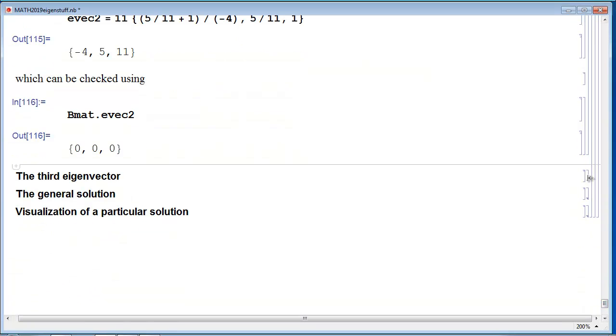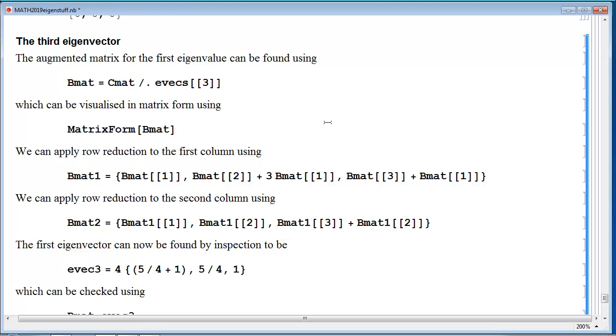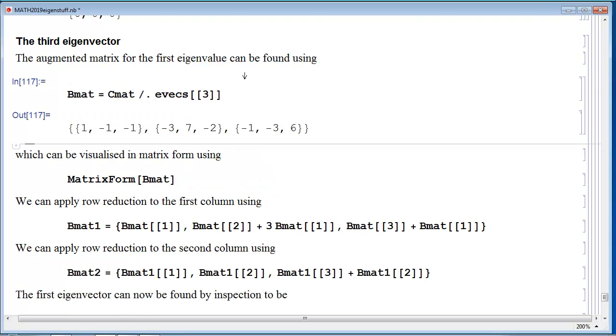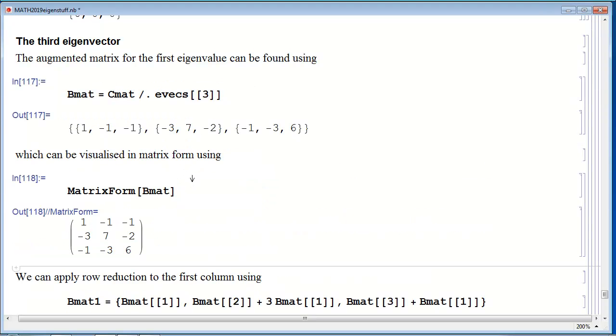Well, we now go on to the third eigenvector, and I'll run through this very quickly because it's the same as the previous one. So we evaluate the coefficient matrix at the third eigenvalue, and we can see what that matrix looks like, and we can apply row reduction to solve the set of equations. So we add 3 times the first row to the second, and the first row to the third. So there it is there. So we execute that,